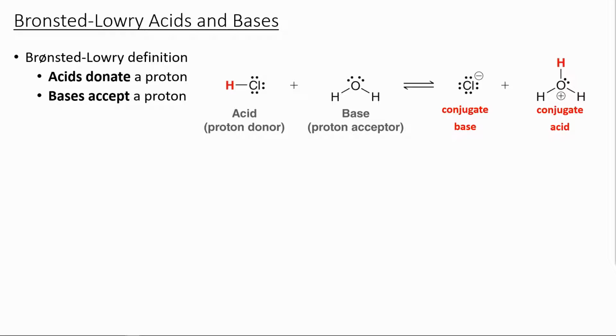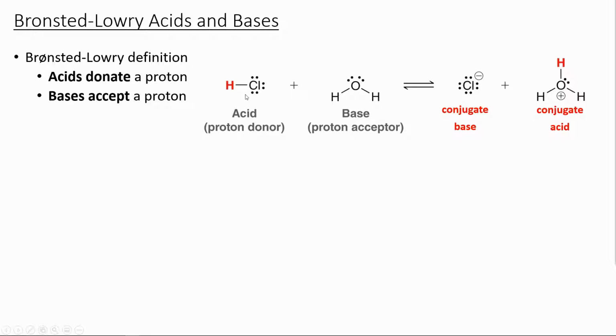An acid, or a proton donor, is going to be a molecule that has the ability to donate a hydrogen proton, whereas a base is going to be an atom or molecule that has a proton acceptor, which is generally going to be a lone pair. So the way we want to think about this is the proton is an empty shell. The s orbitals on the proton are going to allow it to form a new bond